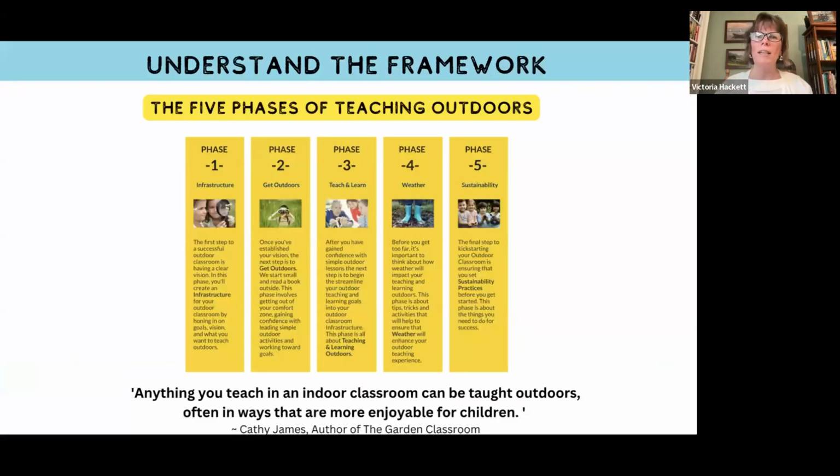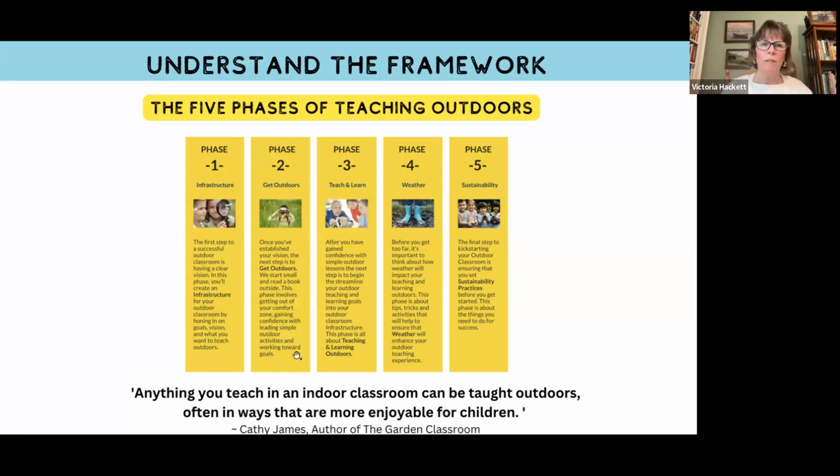So, understanding the framework. This is the framework that we base a lot of my work on here at outdoorclassrooms.com, and it's based on the 5 phases of teaching outdoors. This came about via COVID, actually, when I was working with many different schools and I realized that all of us educators are at different phases of teaching outdoors.